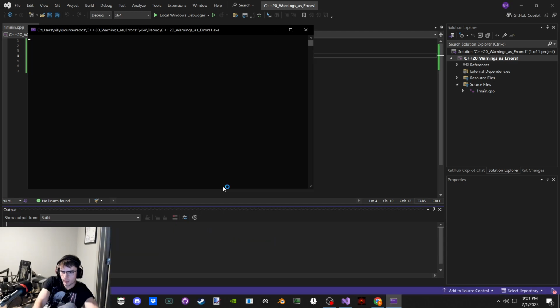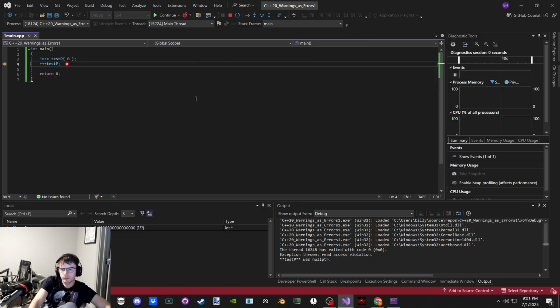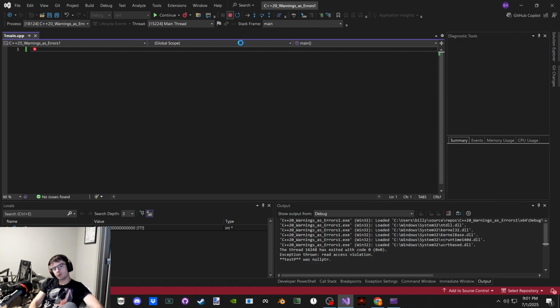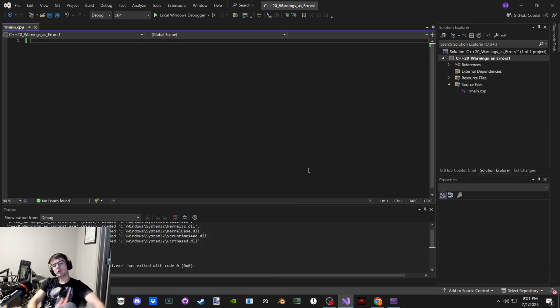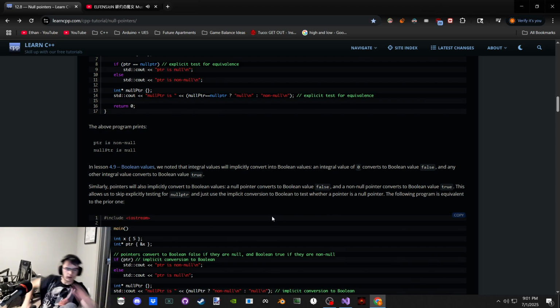Cool. So, yes, value initializing a pointer is indeed assigning it the memory address of 0, all zeros.